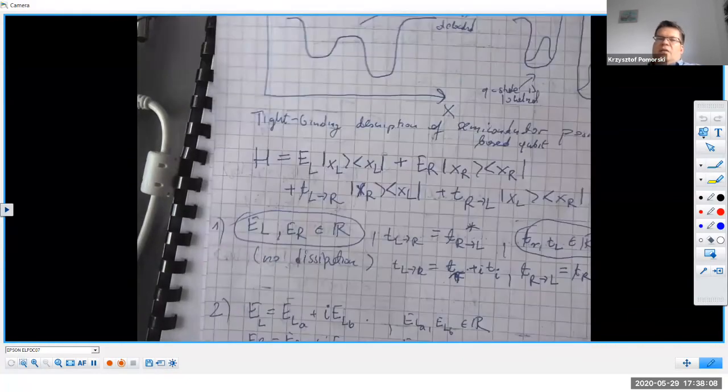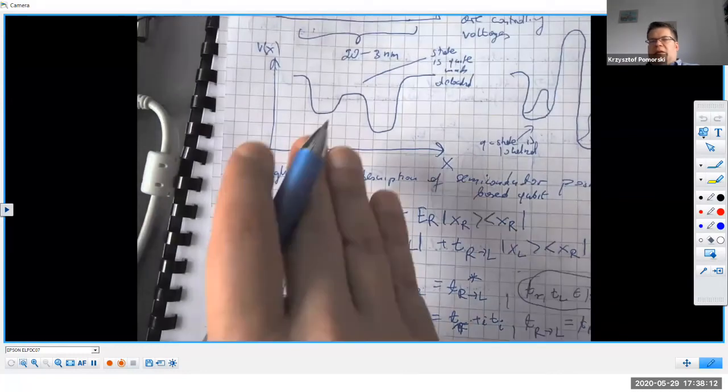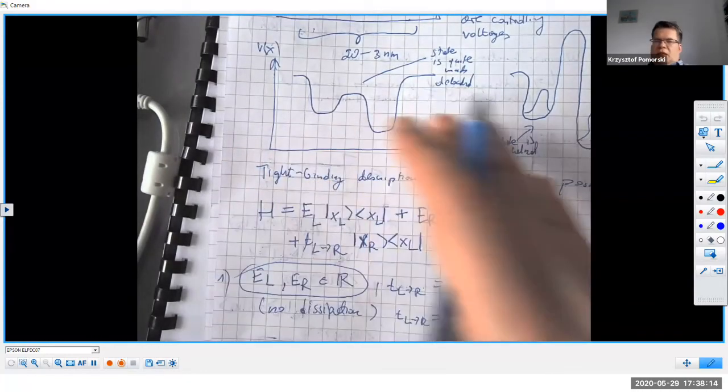Dissipation can be, for example, escape of a fish bucket outside. It can also be counted as. So basically,